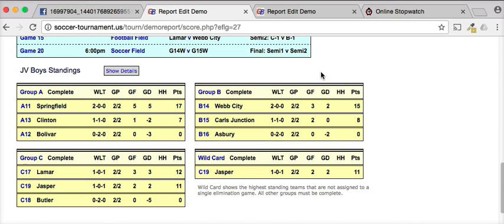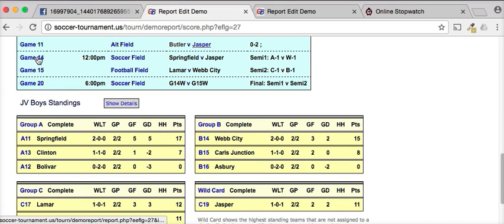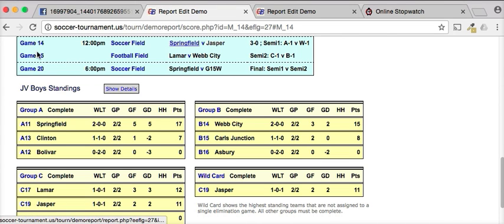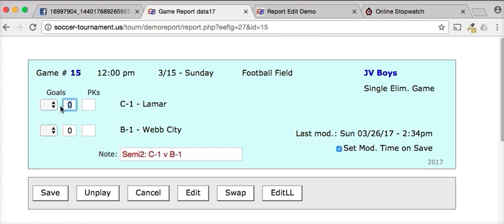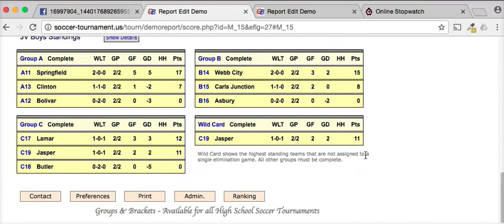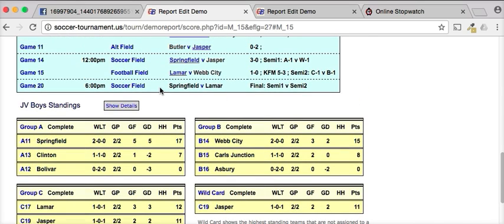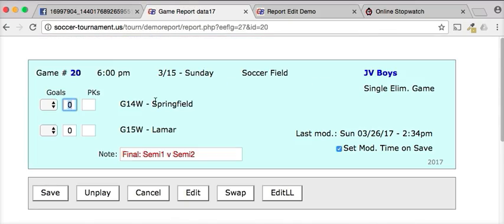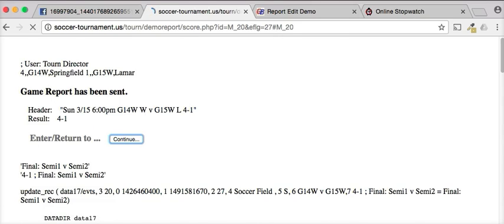Now I'm going to finish the single elimination games here, and we'll use the pop-ups here. And we'll make this one, okay, that went to PK, so we have additional information there. Now it shows the finalists in the bracket, and then we just report the final, and we're done with the